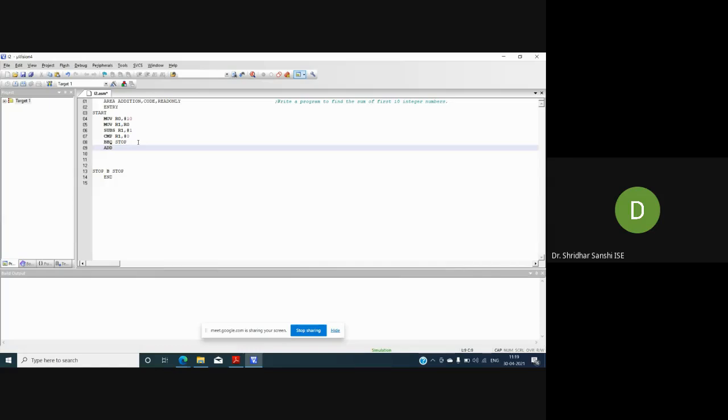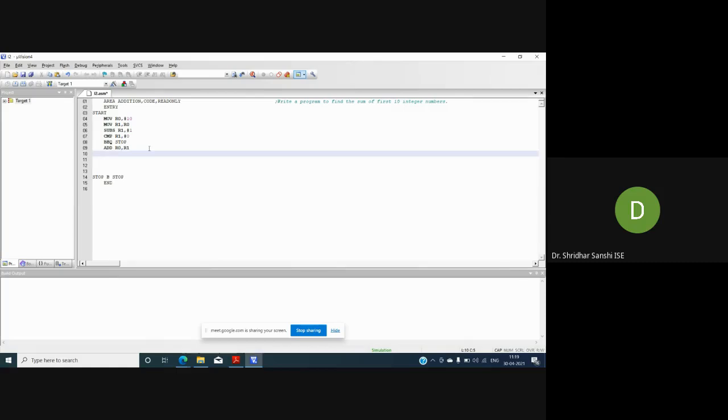Which registers do I need to add? I need to add R0 because it contains the number 10, and I need to add 9. So R0, comma R1. Where will the result be stored? The result will be stored in the R0 register. Yes, correct. So I am adding 10 and 9.